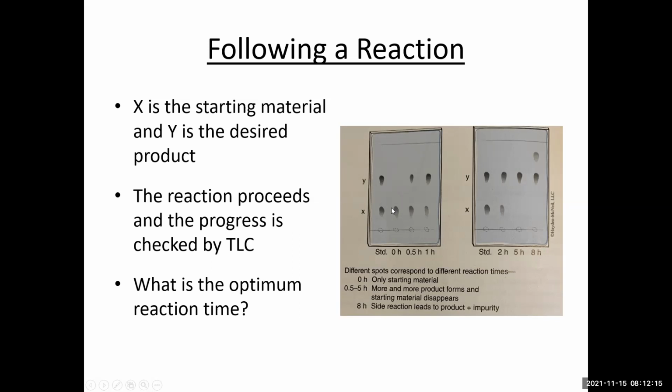Before the reaction is even started, before they've added all the reagents, they take a TLC at what we call 0 hours, right? So the very beginning, that should just contain the starting material, right? We haven't formed any product before all the reagents have been added and the reaction has progressed. After half an hour, they spot another sample of the reaction mixture onto the plate here. You can see that we're starting to form a little bit of product, but the majority appears to still be the starting material.